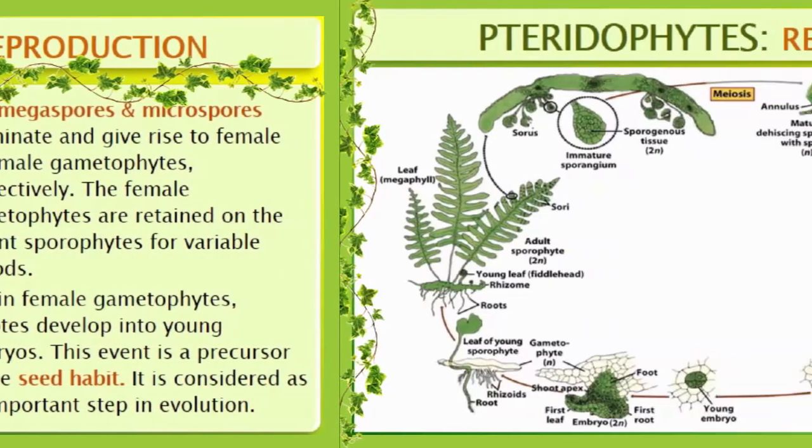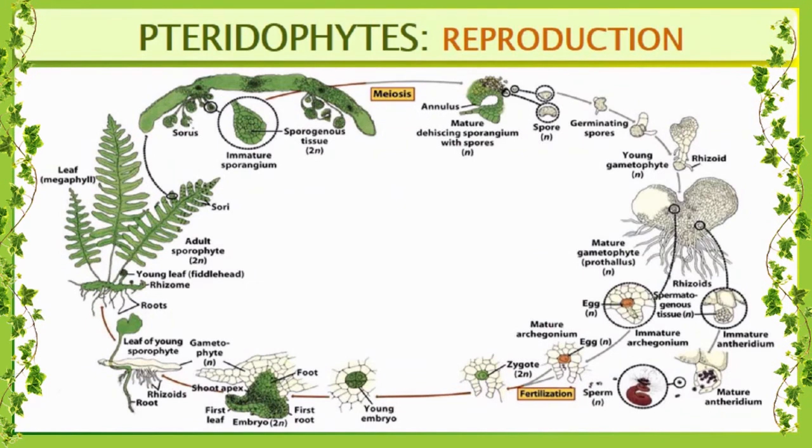Now let me understand more about the pteridophyte reproduction cycle by using this diagram and overview the whole process. First of all, you can see this is a sporophyte structure. On the sporophyte structure, you can understand it will produce a megasporophyll or a microsporophyll. This is considered a sporophyll. The sporophyll is responsible for formation of a sporangium. Here you can see this is the sporangium, and after maturation, after the meiosis process, it will form some spores.